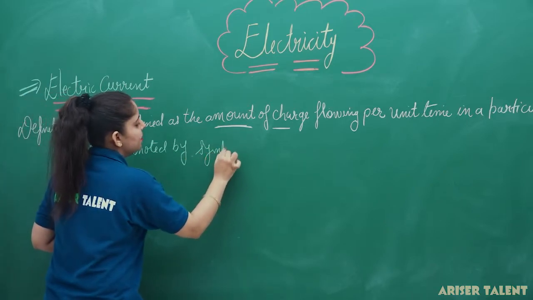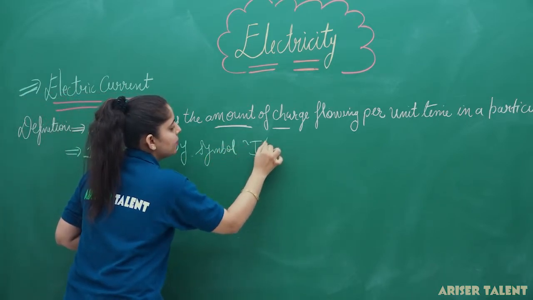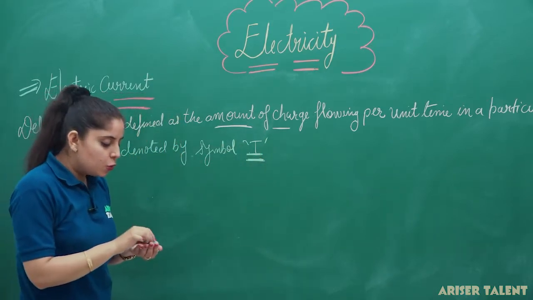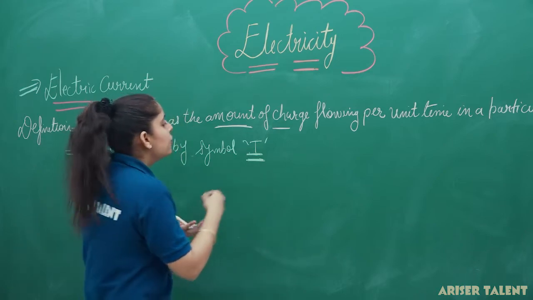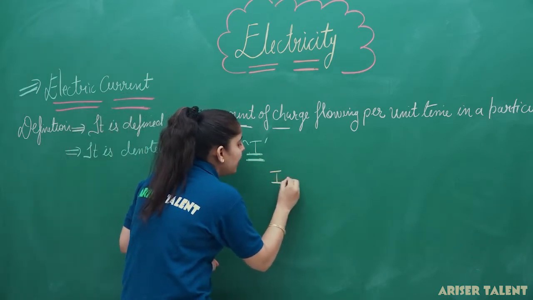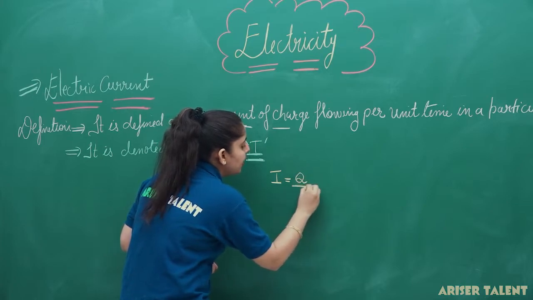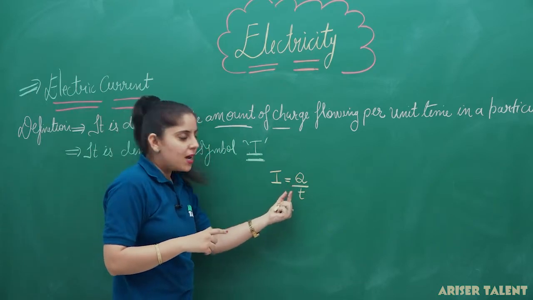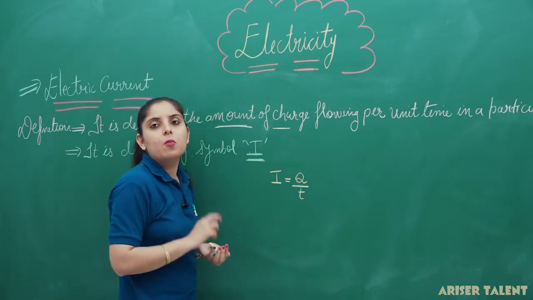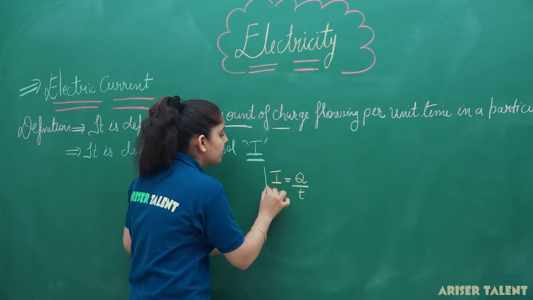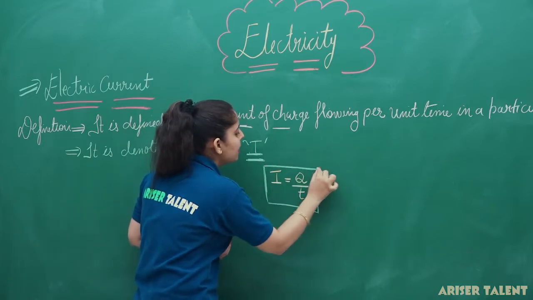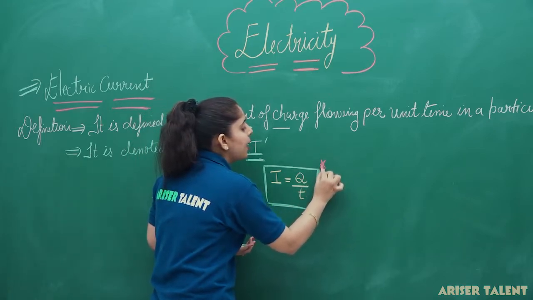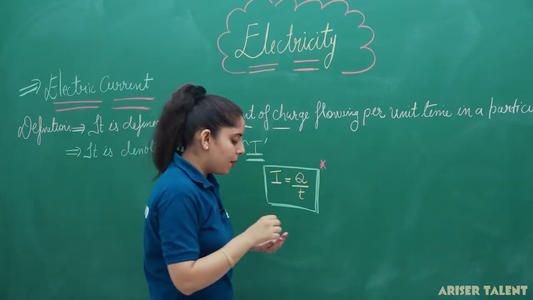electric current is basically denoted by the symbol I. What is the symbol for electric current? Electric current is usually denoted by the symbol I. So, I can write I is equal to Q upon T. It means it is the amount of charge flowing per unit time from a particular cross-sectional area. So, this will be the formula for electric current. This is a very important formula. Sometimes numericals can be asked depending upon this formula. Now,